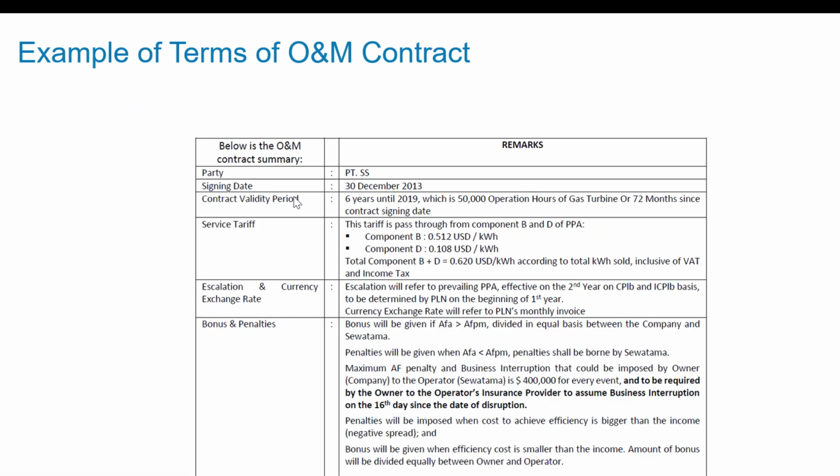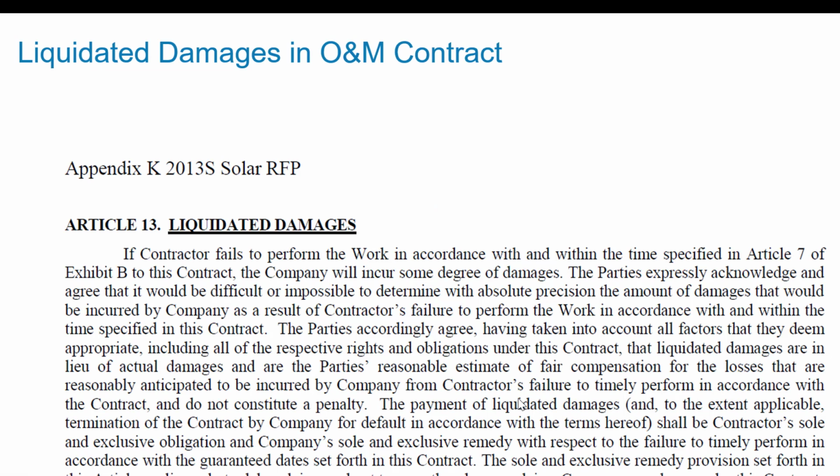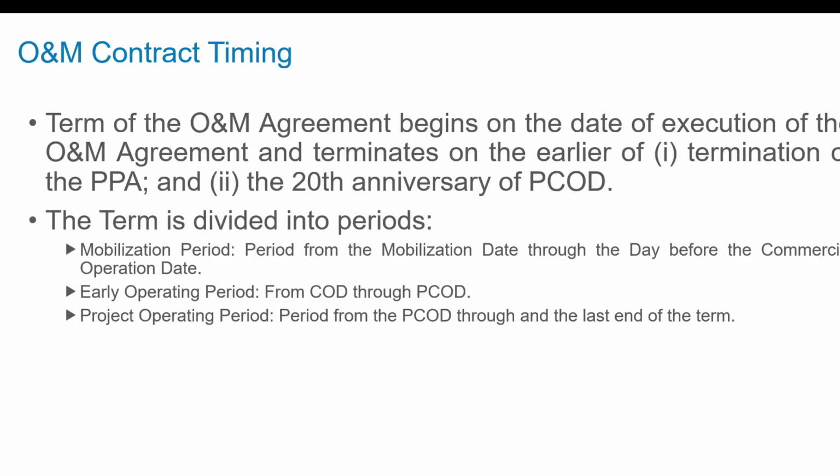Okay, and here I just have some electricity stuff, but here you can almost see how this stuff is back to back. Whereas escalation will refer to the PPA, penalties will refer to the PPA, although the penalties here are never exactly one for one. There's a maximum penalty, and it discusses this. And here's some liquidated damage contracts. Again, what I did in this